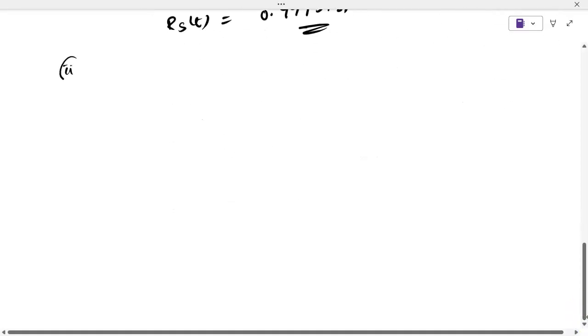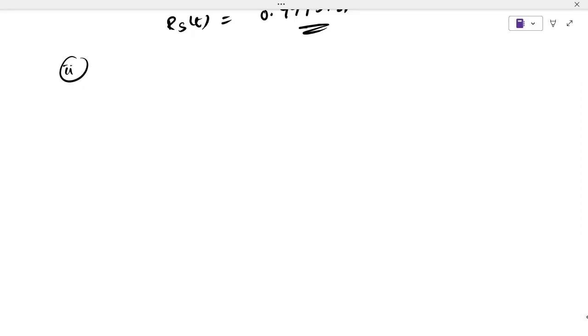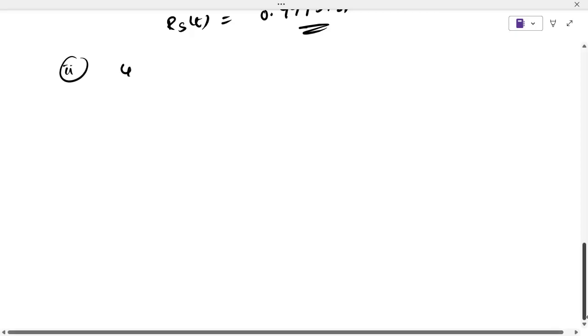See, second problem they have given at least 4 out of 6 units. That means maybe 4, 5 or 6, up to 6. Any number of units can be